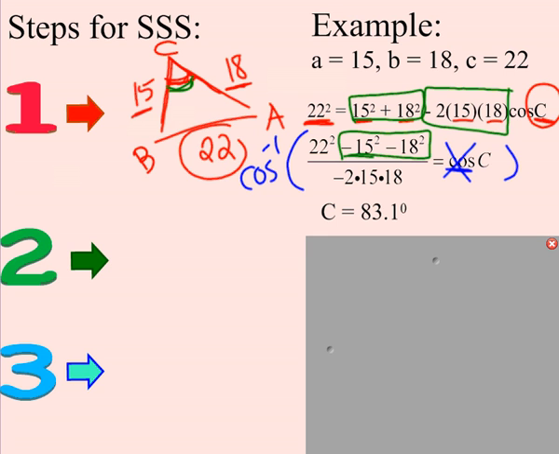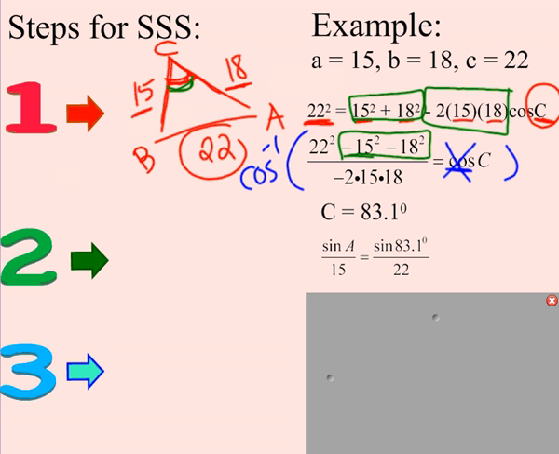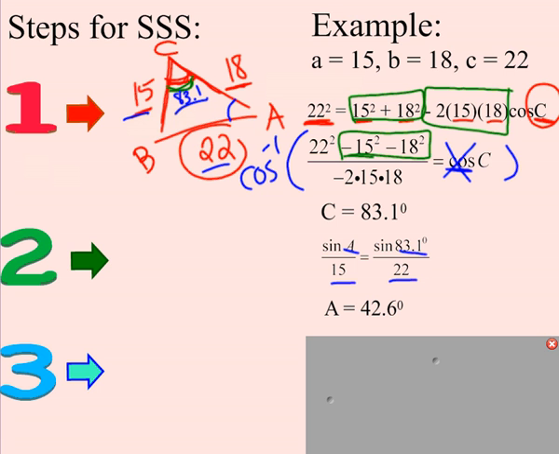Okay, if we wanted to find other angles, it's probably easiest to do sine rule. So if we wanted to find angle A, for example, now we know C is 83.1, we could set up the sine rule. So we have sine of 83.1 over 22, this angle with the side across from it. And then if we want to find angle A, we'll need side A. So I have sine of A over 15. And we'll cross multiply. We'll have to do sine inverse. So what that'll look like is 22